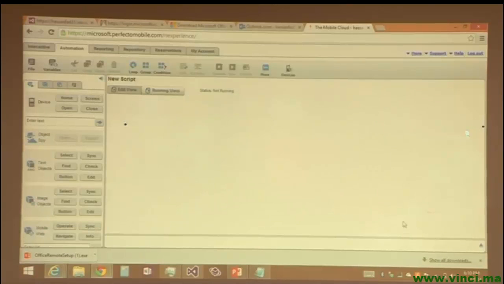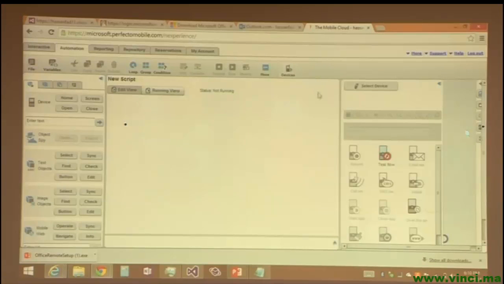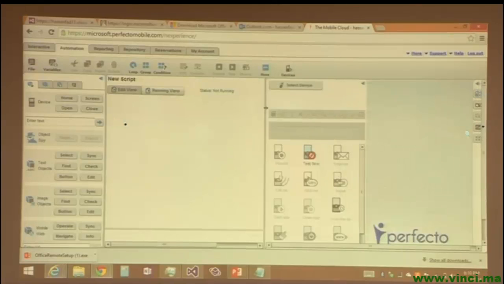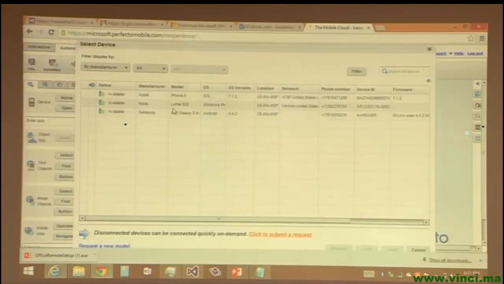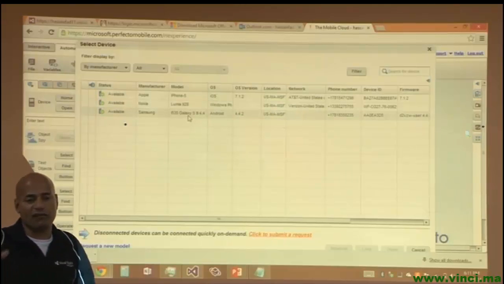Then, before you execute in an environment, we have here devices. Okay? So, let me read that one. Devices. When I select device, I get the devices available at the moment in that space. For us, we have just requested 3. iPhone 1, which is iPhone 5. Nokia 1, which is Lumia 928. And we have the Samsung 1, which is Samsung Galaxy S3, Android 4.4, yes. Okay? There are 3 different devices based on 3 different platforms